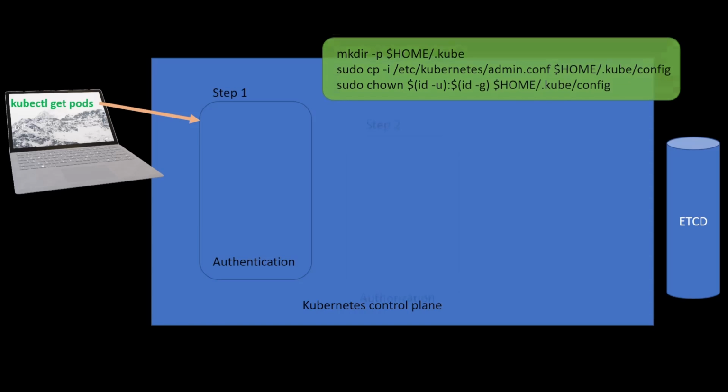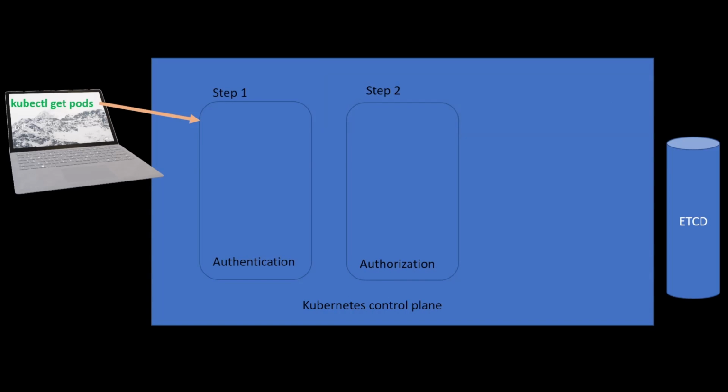In step two, after the request is authenticated as coming from a selected user, the request should be authorized. A request should include the username of the requester, the requested action, and also the object affected by the action. The request is authorized if an existing policy declares that the user has permission to complete the requested action. It means RBAC. Today's topic is RBAC. We will focus on this section today. I hope it is clear. We are in step 2.